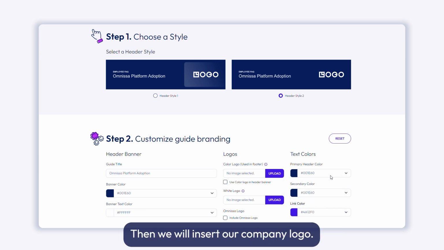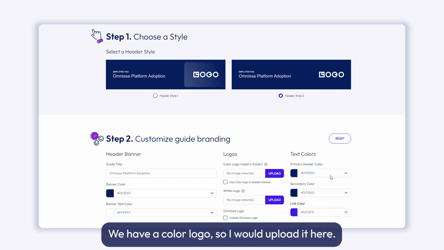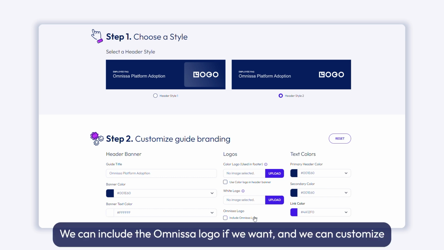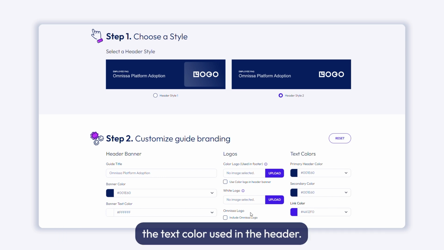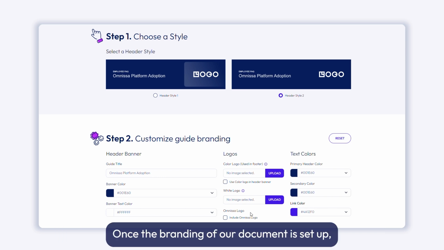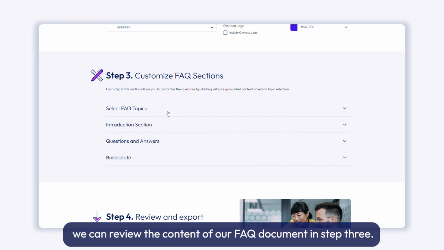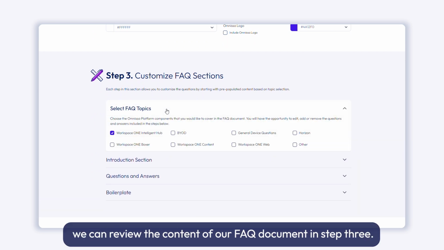Then we will insert our company logo. We have a color logo, so I would upload it here. Alternatively, we can insert a white logo here. We can include the Omnissa logo if we want, and we can customize the text color used in the header. Once the branding of our document is set up, we can review the content of our FAQ document in step